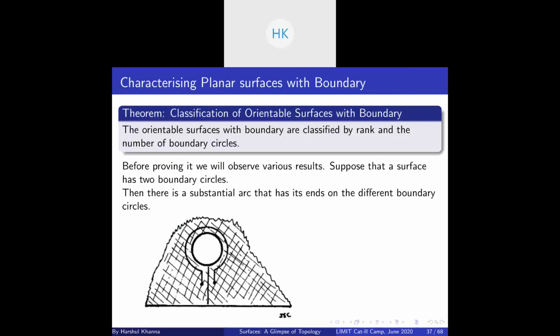So essentially whenever you cut a substantial arc from that surface, the punctured torus, you are connecting points of the same boundary circle. Why does that not separate that whole surface? Because of the Jordan curve theorem we applied when saying that, suppose we have a planar surface, we can't connect a substantial arc to the same boundary component. We applied the Jordan curve theorem to say that. But here the Jordan curve theorem is not valid because this is not a planar surface. The Jordan curve theorem is not valid on non-planar surfaces, right?